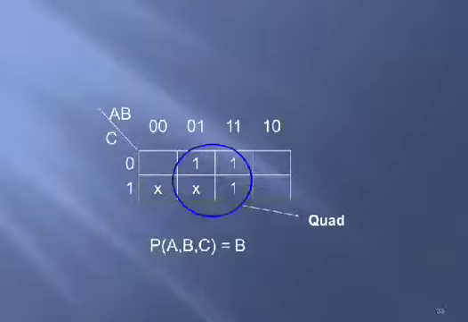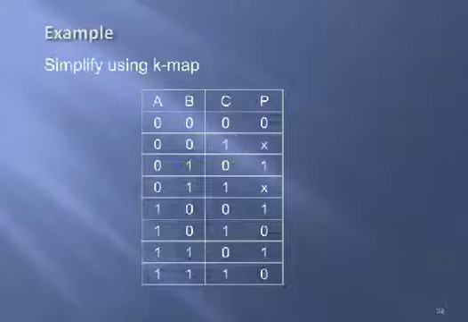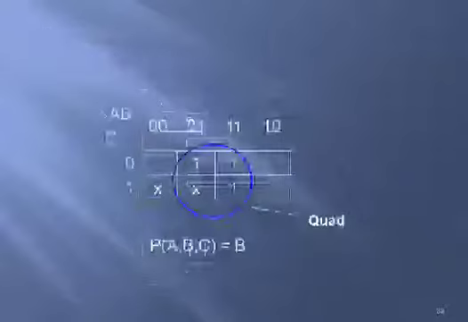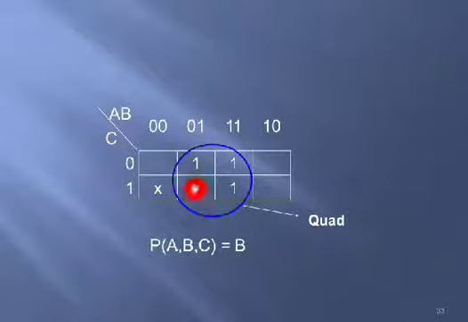For the sake of simply knowing what don't care is, don't care means X. X stands for don't care in K-map. We will see the advantage of don't care in K-map. For example, if you are defining two don't cares like this and three ones like this for a given earlier truth table, correspondingly the K-map is like this. You can observe this don't care, which is nothing but X, can be either 0 or 1, depending upon the adjacent cells.